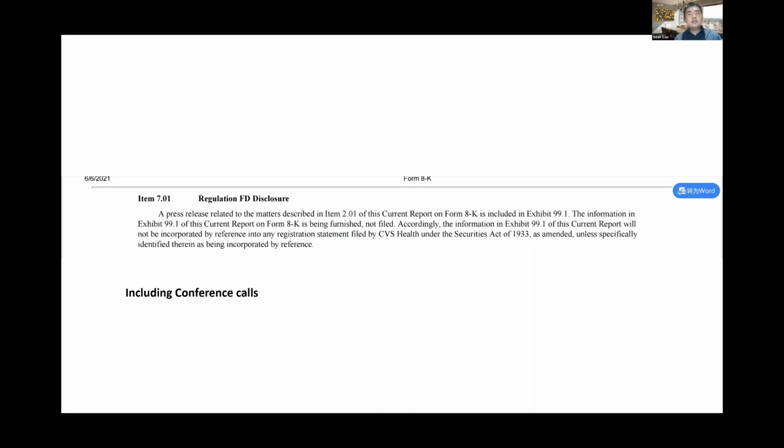So that's why in the project, the conference call files you guys get are from Seeking Alpha. It's easier to process the conference call from Seeking Alpha. That's why you guys do that. But you can actually get the conference call from the 8-K item 7.01. You can get the exhibit, and then you can do the same thing. You can get the CEO presentation, the CEO's answers, and the investors' questions.